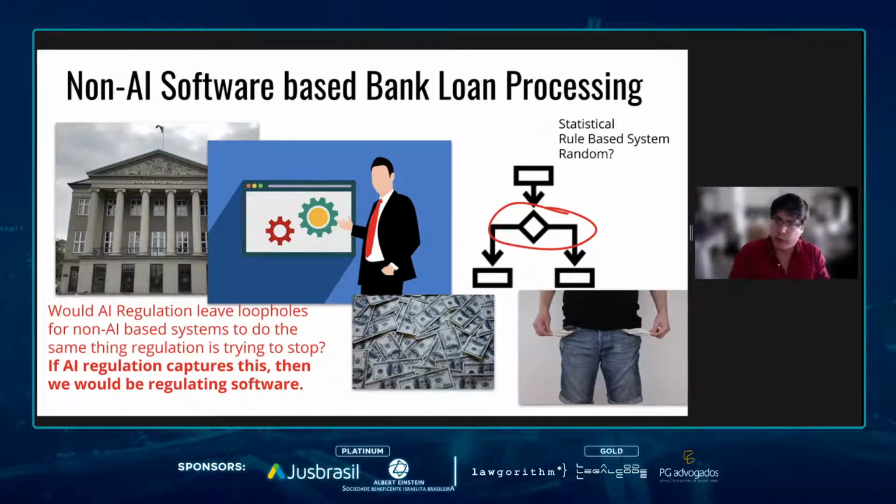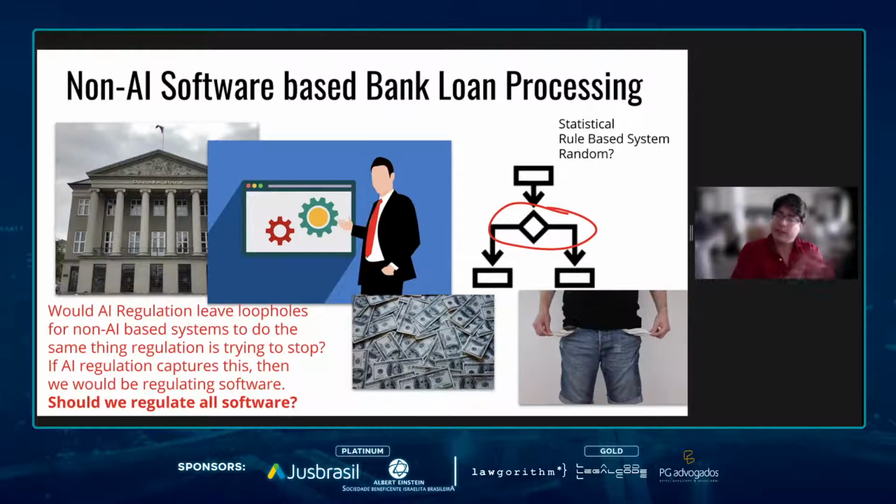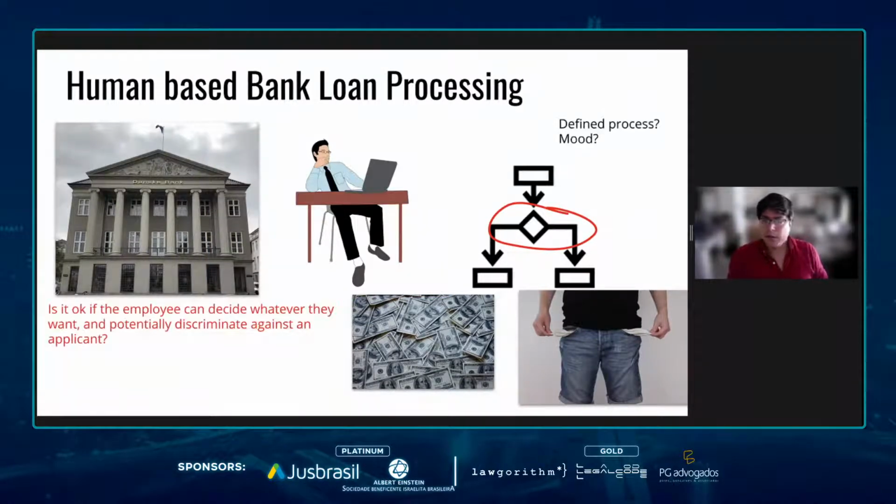We are regulating software. And could we stifle software by regulating all software? So we need to be careful not to over-regulate, or to specifically regulate AI in a way that will capture non-AI software inside it. So the question that arises: should we regulate all software? And whether it's software or a human behind the decision-making process, what we need to focus on, from starting off with initial policies, is to make sure that this decision is not discriminating, irrespective of whether it's a human or software.